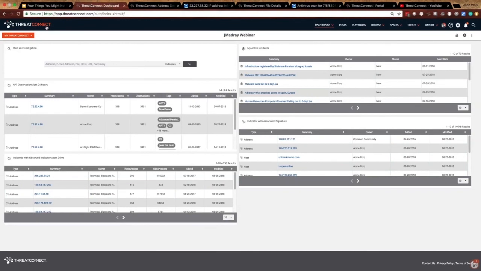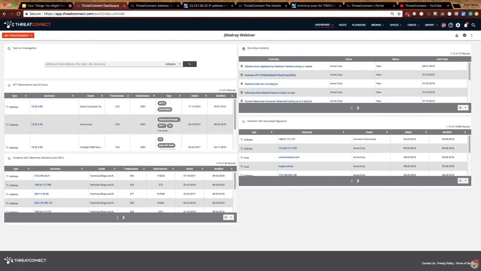CAL's not going to be taxing your system or anything like that. Once a day we send those metrics up to ThreatConnect, process that information, and then push it back out to all of the live instances of ThreatConnect out there. So no, nobody will be able to see the information that you're putting in.